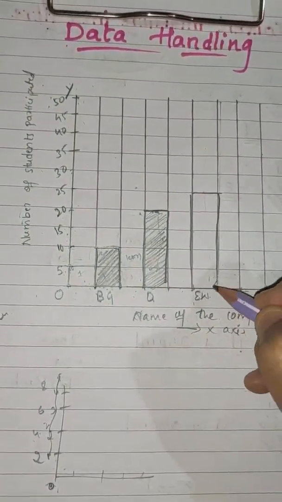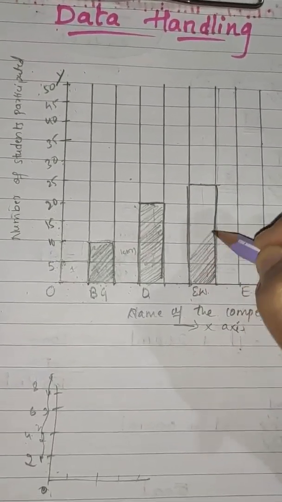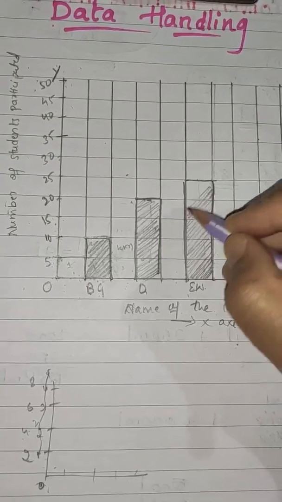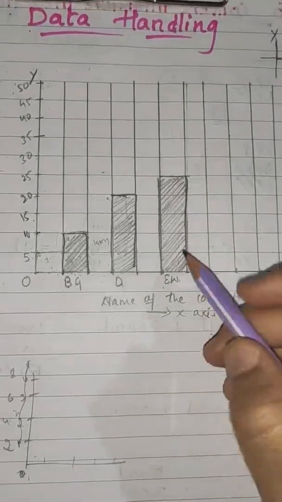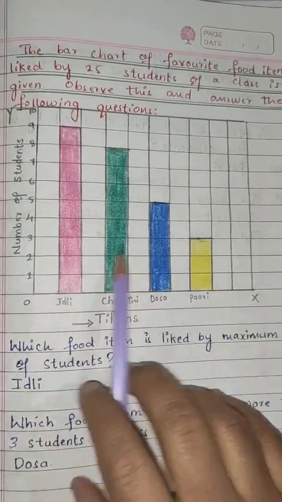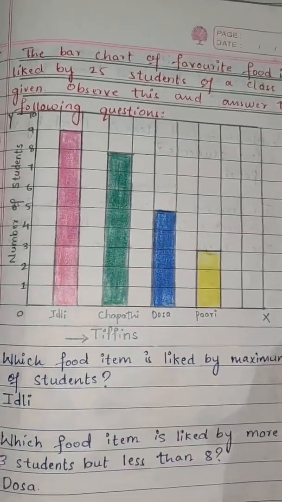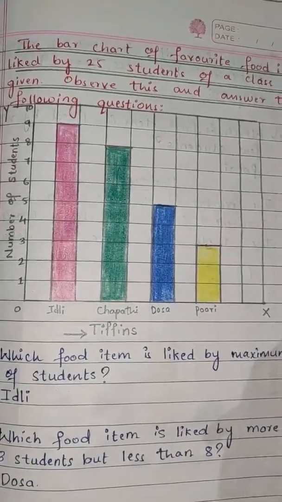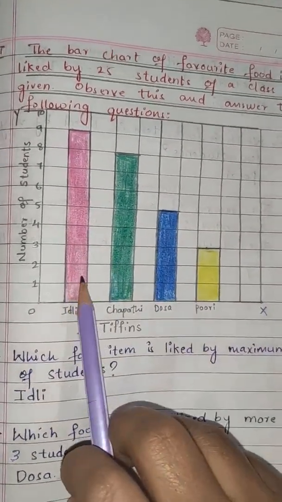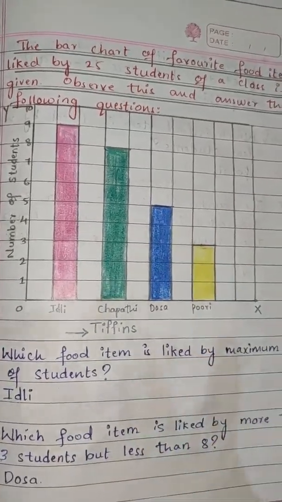Okay. So if you want to see, you just need to color it, or else you can shade it. If you are coloring, it is well and good. You can use a variety of different colors. See here, I have used different colors, isn't it? In the same way, you can use different colors. I'm just showing you roughly how you can draw the bar graph in your book. While coloring or shading, if you want to shade, you can. But if you color, it is well and good.